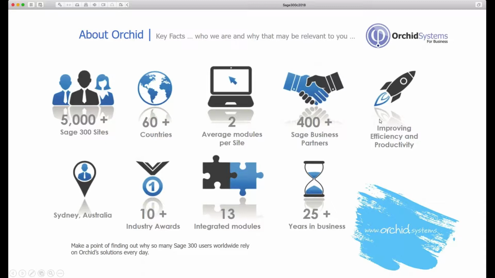We're based in Sydney, Australia, and over the years we've picked up over 10 industry awards as a result of our development efforts and our work in the Sage community. We have 13 integrated modules which have been developed in the Sage 300 SDK, so they have the same look and feel as the rest of Sage, and they make use of all Sage's security capabilities, admin, common services, and the like. The advantage of this is that they are easier to support because they all sit within the same environment, and from a learning perspective as well, they all have the same look and feel, making new Orchid modules easier to pick up for